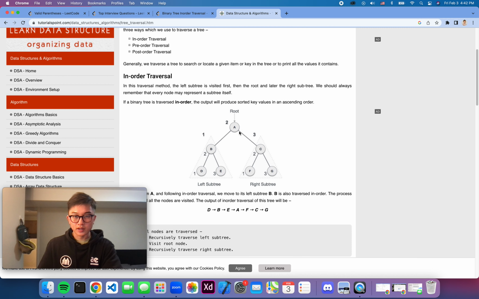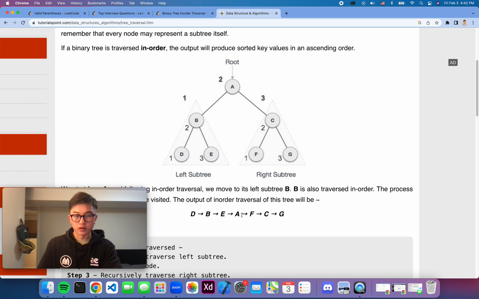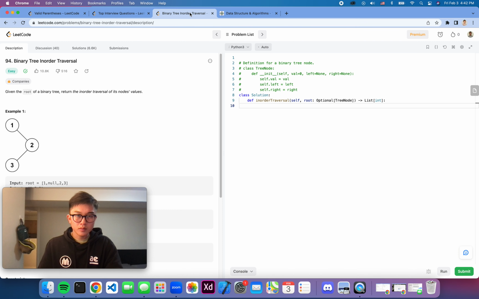So here you can see in this example, A is the root, and an in-order traversal would yield A in the very middle. Everything to the left is the left subtree of A. Everything to the right is the right subtree of A, right? So for problems like these where they're trees, oftentimes they're perfect for recursive solutions. And so oftentimes the approach is to create a helper function and just call on that to recursively do what you want. So let's get started here